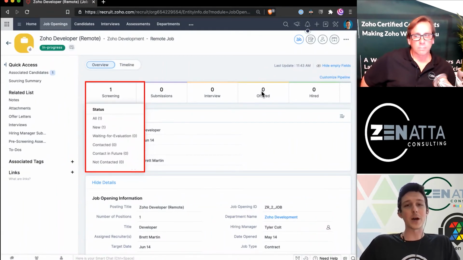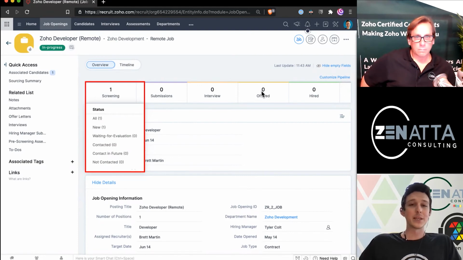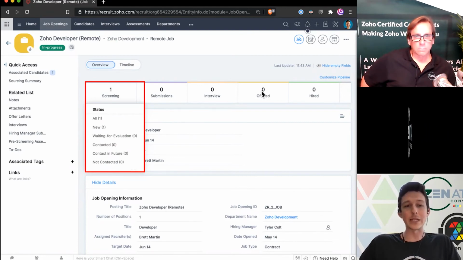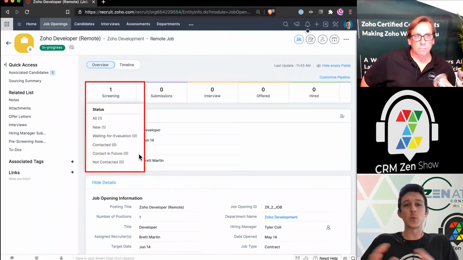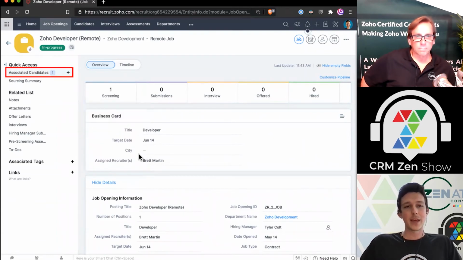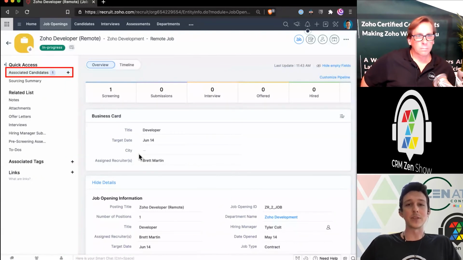You might move them to contacted, with an initial, "Hey, we'd love to set up an interview" email that you send out. Maybe you send one out to someone and they say, "Hey, I'm out of town for a couple of weeks. Can you follow up with me later?" You can move them to a status, but still have them within the larger bucket of our screening phase. And so to actually see all of the various candidates linked up underneath this opening, we can